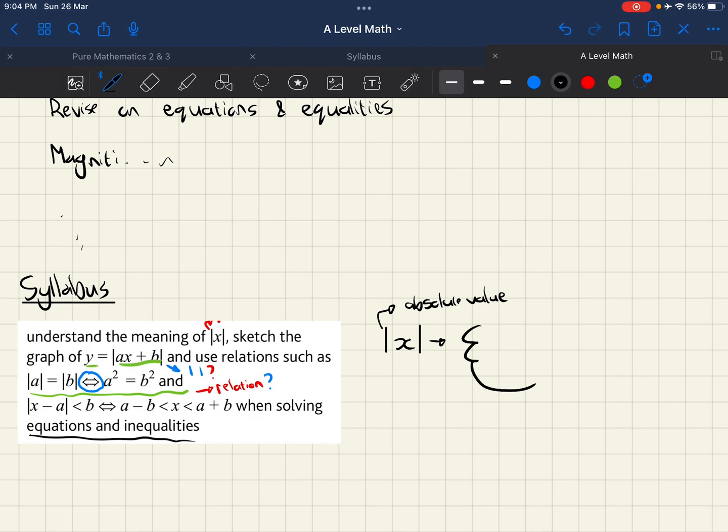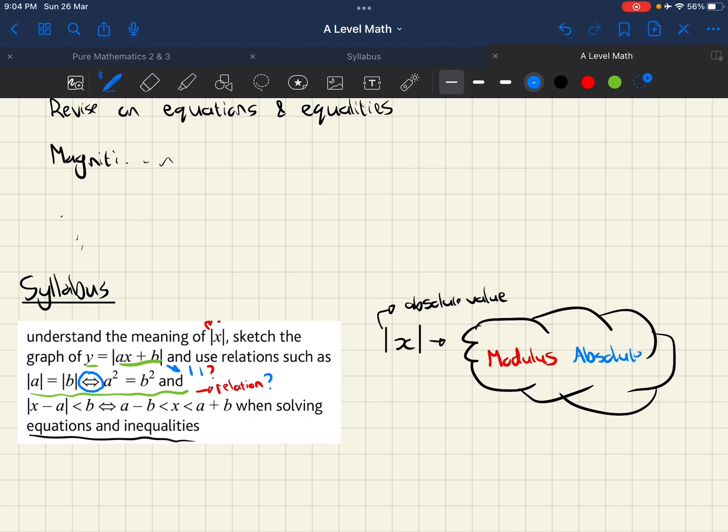So you can make little notes. So when you see that, the 2 words that pop up in my mind is going to be modulus and absolute value. So those are the 2 words that pop up when I see those lines. So now I have just covered understand the meaning of that to the extent that I know what that means. Now to sketch the graph of that,